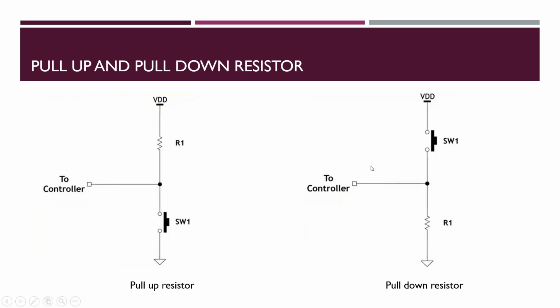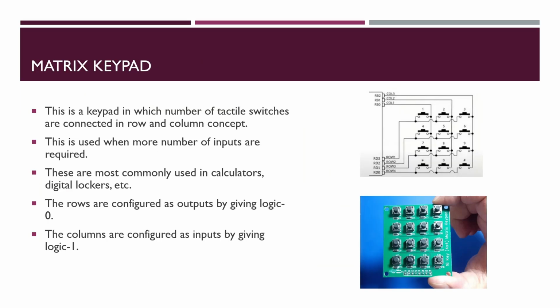Whereas the pull down resistors work in the same manner as pull up resistors, except that they pull the pin to the logical low value. Next, we have